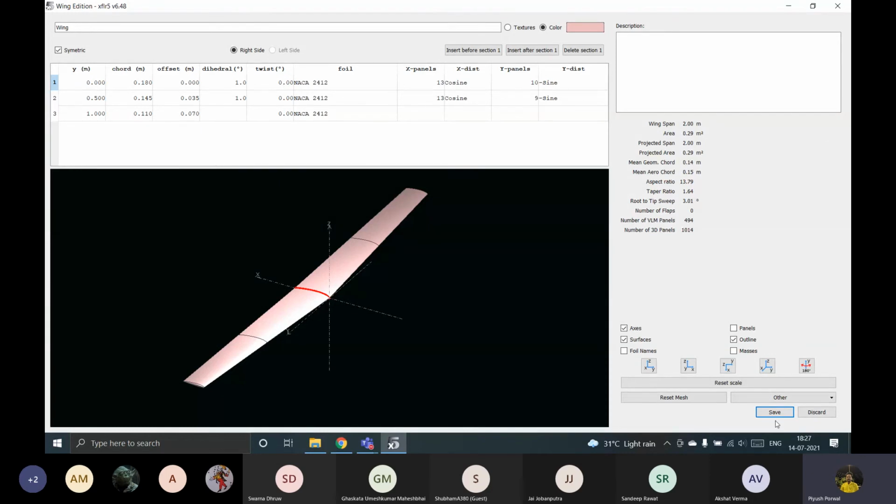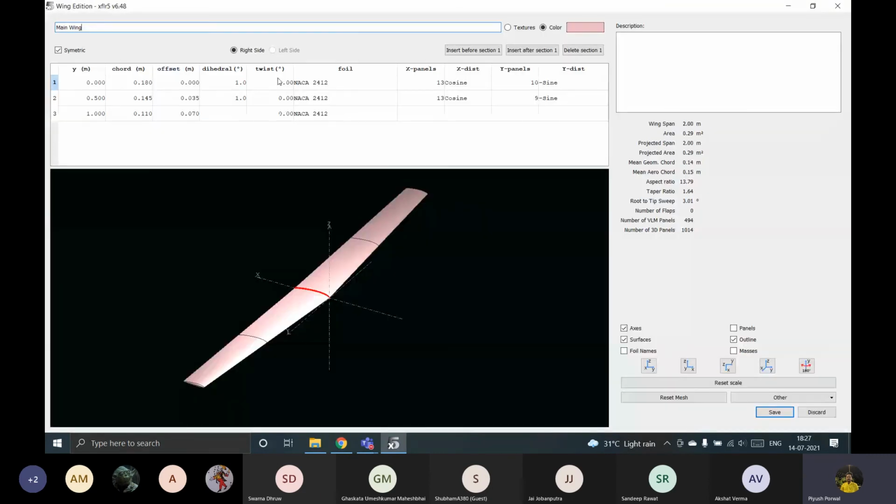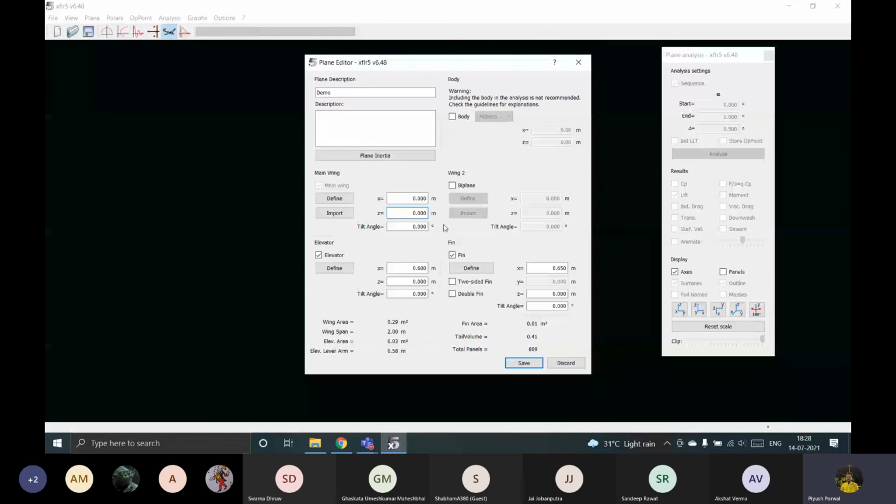You can also give some twist angle to reduce the induced drag. So yeah, we can give some twist angle as well. Twist angle is here. You can give the twist here. Now we will give the Z a little up because at 0 a singularity occurs. So to do the analysis, we will give some Z initially so that the 0 doesn't count in.